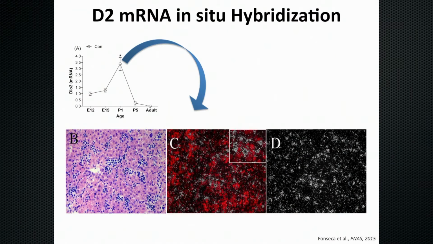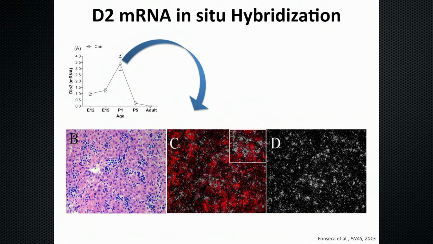So you might say, well, why didn't you just stain the liver for D2? But the problem is that we don't have a good antibody for D2 immunohistochemistry. So we proceeded with in situ hybridization of this liver tissue. If you take this liver tissue from P1 mice, which is when there's the peak in mRNA levels, you